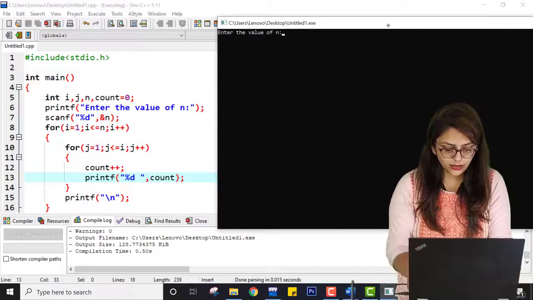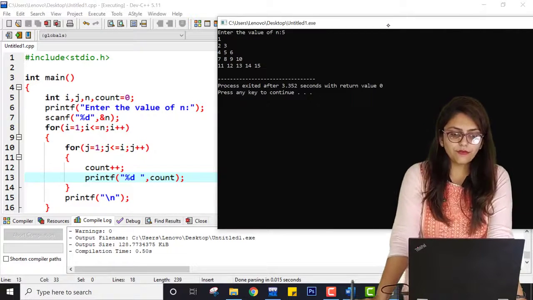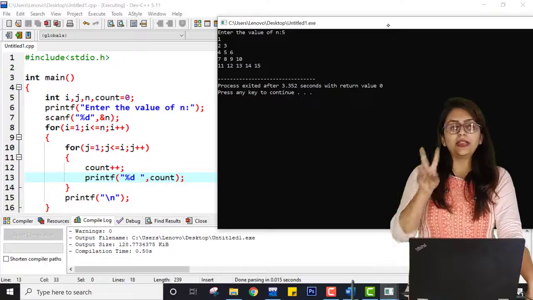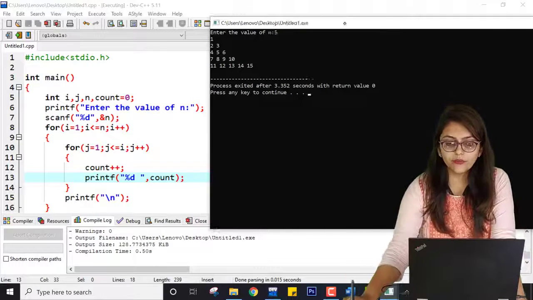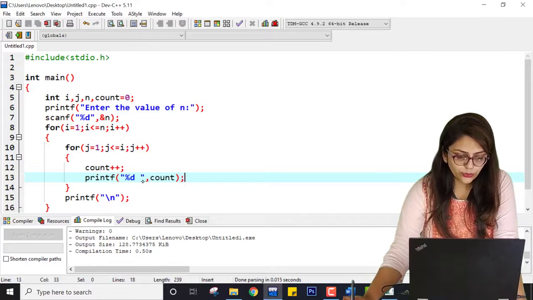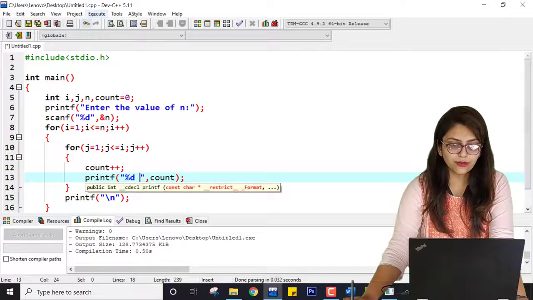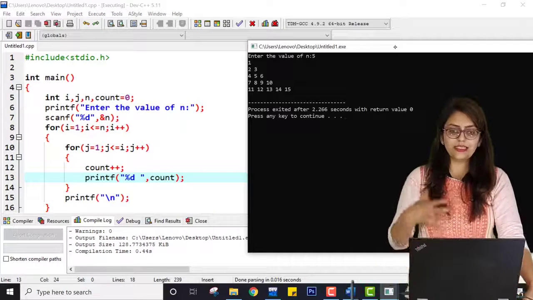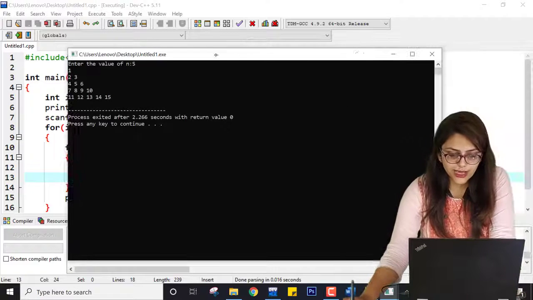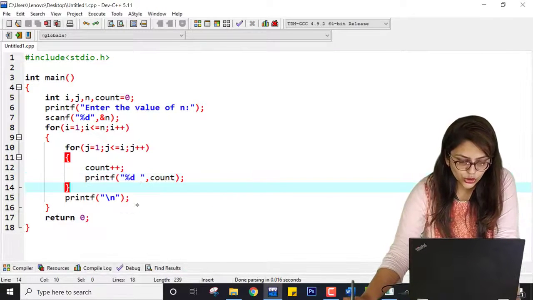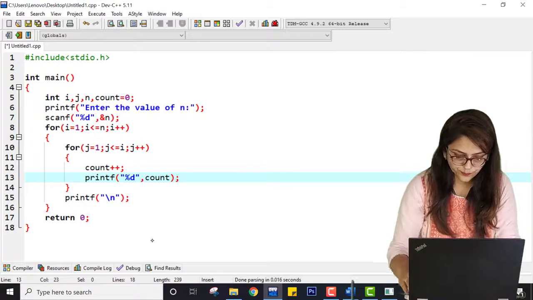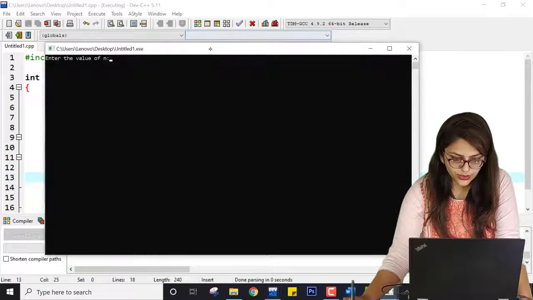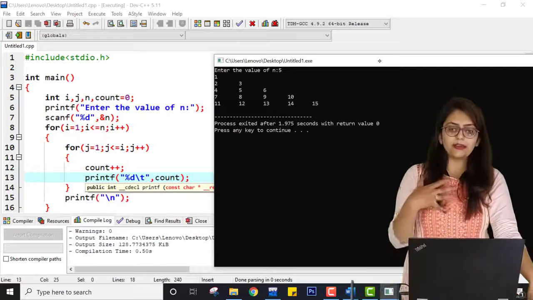So you can see here, if I enter 5, I have 1, 2, 3, 4, 5, 6, 7, 8, 9, 10. Then for 11, 12, 13, 14, there are 2-digit numbers. That's why my pattern is not looking very good. To eliminate this, you can have some more space, or you can also use tabs. You can use tabs or spaces in order to get a better look. So here you can see it is looking better, but not the best. Let me have the tab. Instead of spaces, I can have a tab. Let me save this program, compile it and run it with 5. You can see I can get a better output, right?